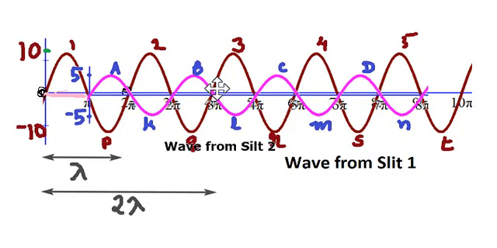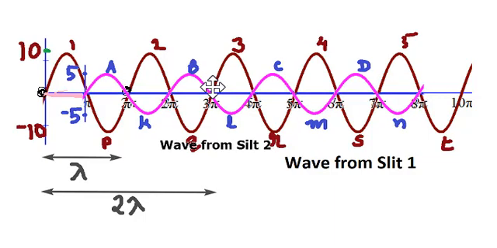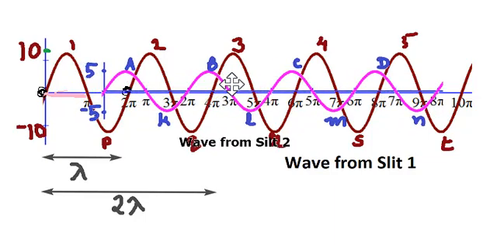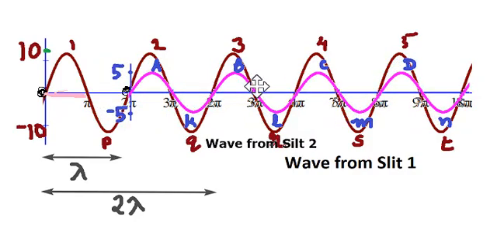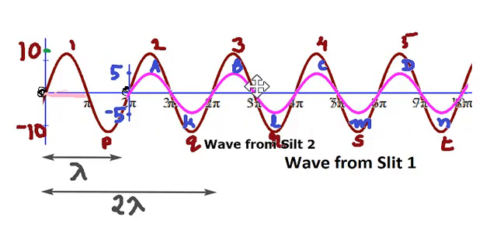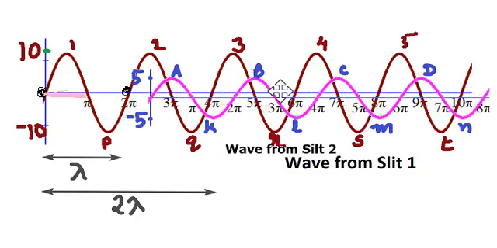And what is the difference in the distance traveled? That is lambda by 2. So lambda by 2 means opposite phase. One positive, another negative. What will happen if it is 2 lambda by 2? You can say they are in the same phase. What will happen if it is 3 lambda by 2?